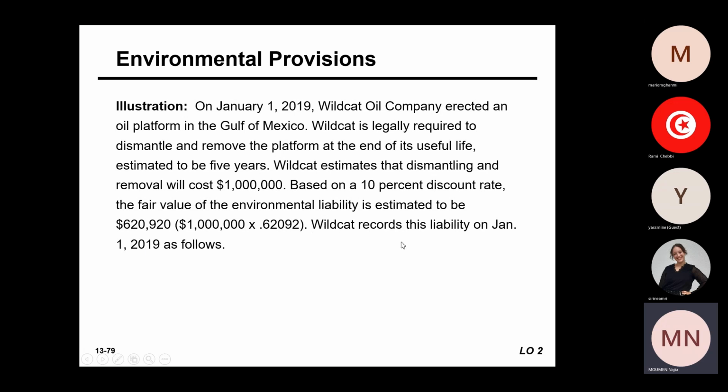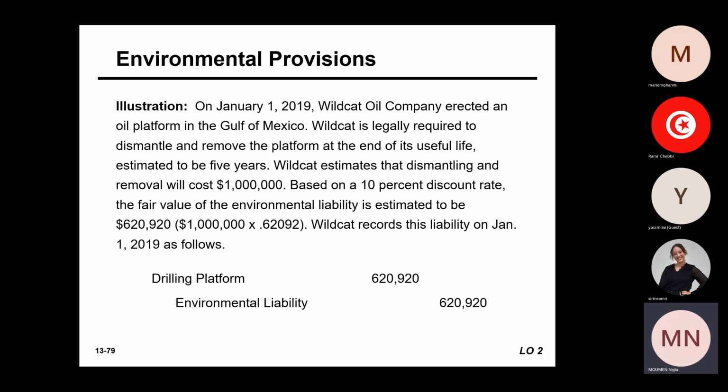Okay. So what will be the recorded liability here in January? We'll debit the drilling platform. We have this long-lived asset that will be debited, and the environmental liability that will be credited. So the journal entry will include this long-lived asset's carrying value and the related environmental liability as a credit. This is how to record this environmental liability because of this long-lived asset installed on this platform in the Gulf of Mexico.